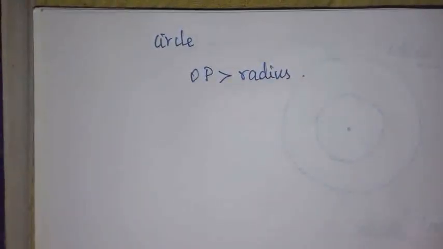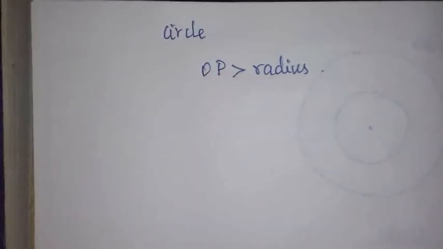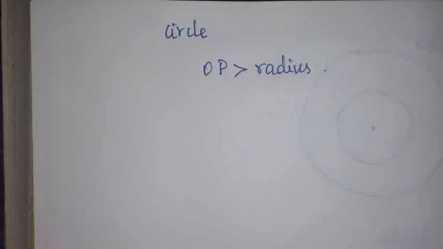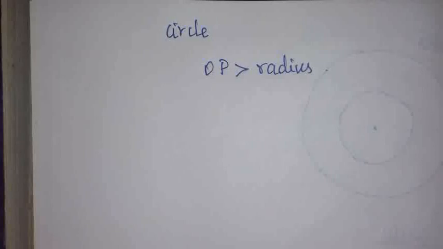Okay students, I think today's class is clear for you all. Today we have seen the parts of a circle, that is what a center, radius, secant and chord are, and what a circumference, major segment, minor segment, concentric circle and congruent circle are, and so on. I think you are clear about this class. Today we have seen only the introduction to the parts of a circle. Tomorrow we will see some of the theorems and proofs. Okay, thank you children.